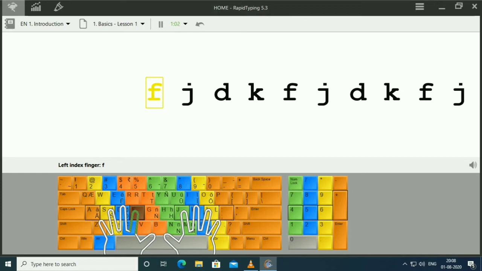The FD, SA and JKL semicolon keys on the QWERTY keyboard represent the base position. Keyboards usually have small protrusions on the F and J keys. They help your fingers locate the base position without looking at the keyboard. Try to return your fingers to the base position after each keystroke.